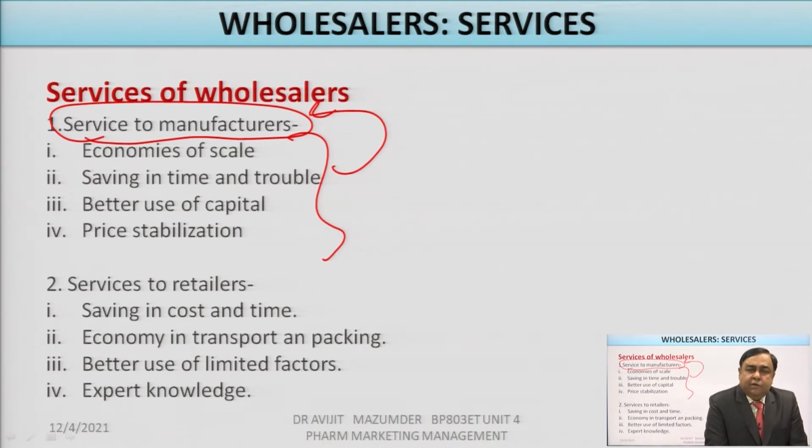So, the second service which a wholesaler provides to a retailer is economy in transportation and packaging. Better use of limited factors and information regarding the product as an expert. Whatever product features they require, the wholesaler is providing the guidelines to the